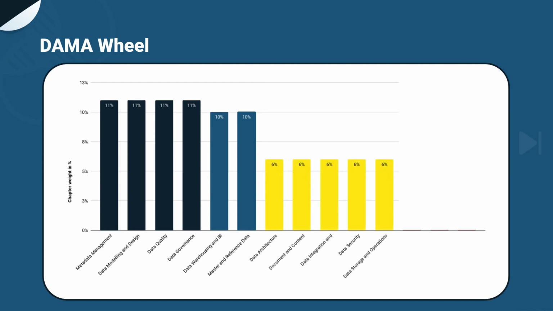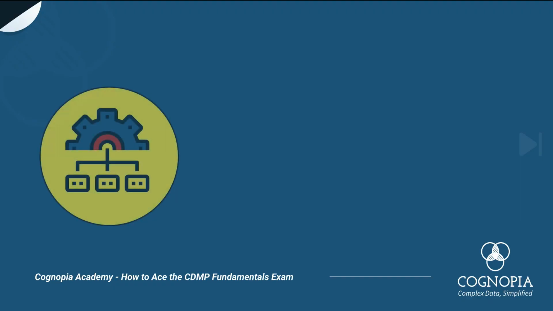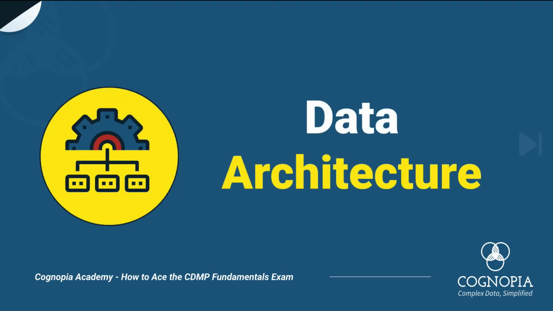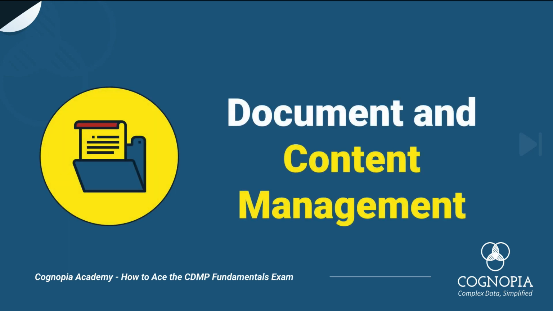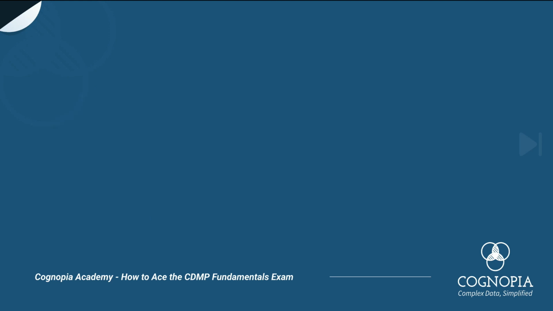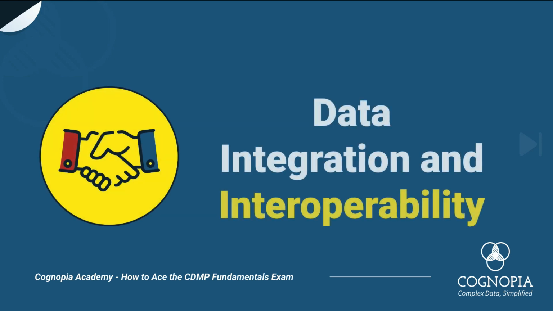The next most important topics are only 6 questions each on the exam, and they cover data architecture, which is the design of your data to meet business needs, document and content management, which expand the rules and oversight you create for data to unstructured and even offline content your firm creates. Data integration and interoperability is how the systems talk to one another to ensure that data architecture and data modelling is leveraged to bring data into data warehouses and support the BI activities you have without compromising data integrity and